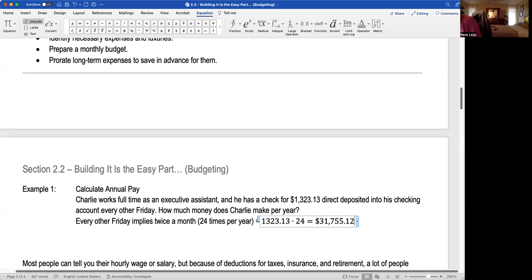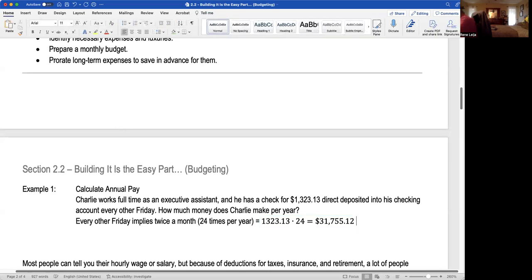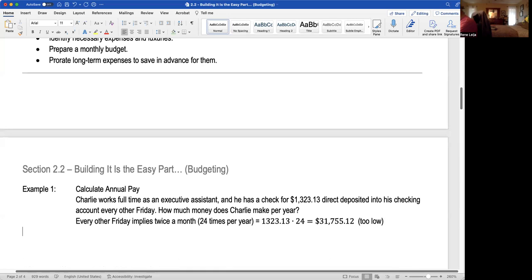Okay, so it would be more accurate if we estimate a year at 52 weeks. Okay, so I'm going to say over here, too low. Okay, we want to get as close as possible. So better to estimate